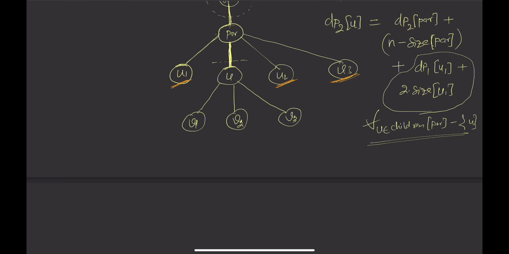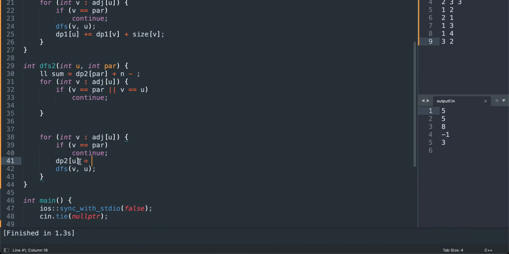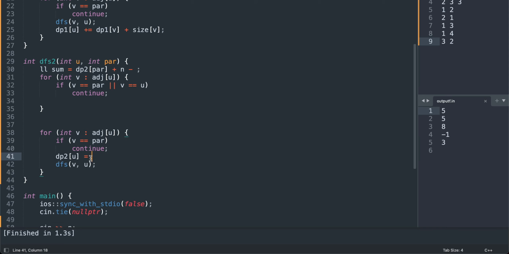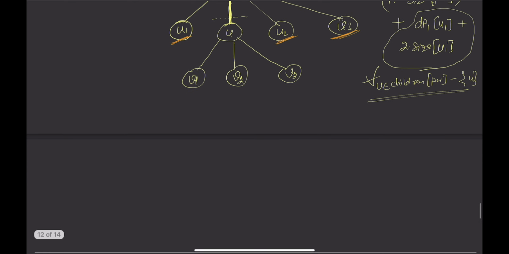So in this method only can we increment the dp1, whatever the size of v1 was there, that means dp1 of v1 will increment by